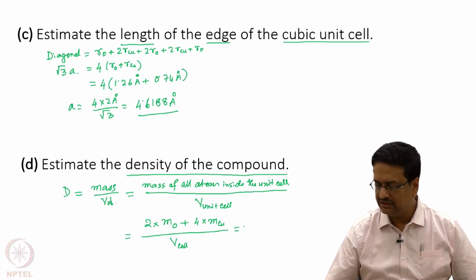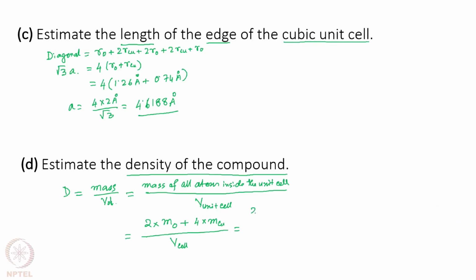So we can write it as 2 into 16, which is the atomic weight of oxygen, plus 4 into 63.55, which is the atomic weight of copper. This is the molar mass. So the mass of one atom is obtained by dividing by the Avogadro number,